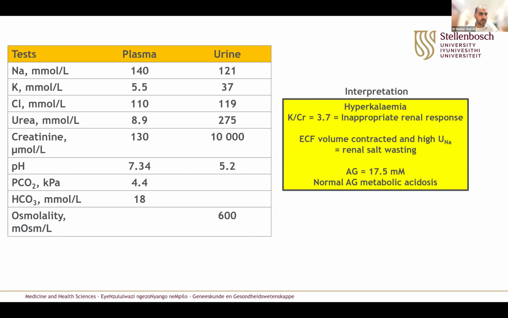The other question is again regarding the first case. Why is an anion gap of 17 normal? Good question. It depends on how you calculate the anion gap. If you remember, it's sodium minus chloride plus bicarbonate. However, if the patient's potassium concentration is high, then you should include the potassium concentration in the equation.